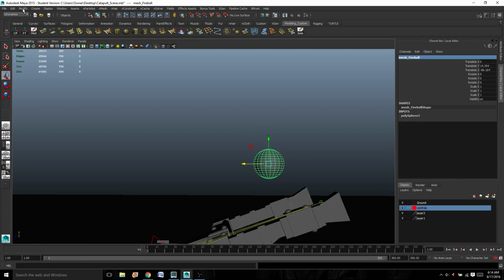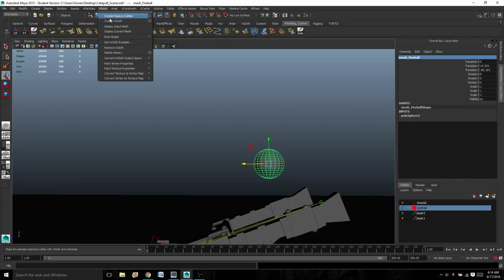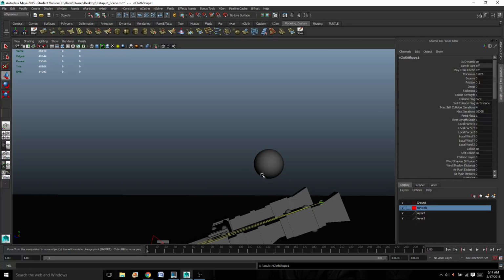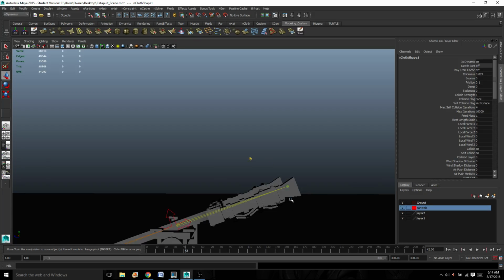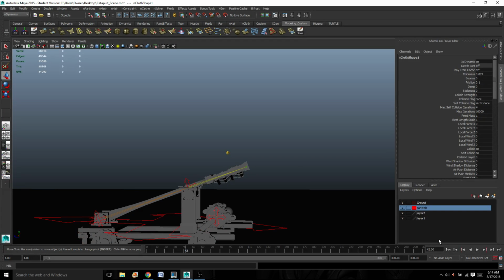So I changed my menu sets from polygons to N Dynamics. Now over here it says N Mesh. In my drop down menu sets, I want to turn this into an N Cloth under N Mesh and just select create N Cloth. Okay, so what did that do for me? Looks like nothing's really changed here, but if you press play down here, you'll see now that the ball will drop. It won't collide with anything, but it'll drop because we haven't created any colliders yet. So I'll have to back this guy back up, bring it up over here,